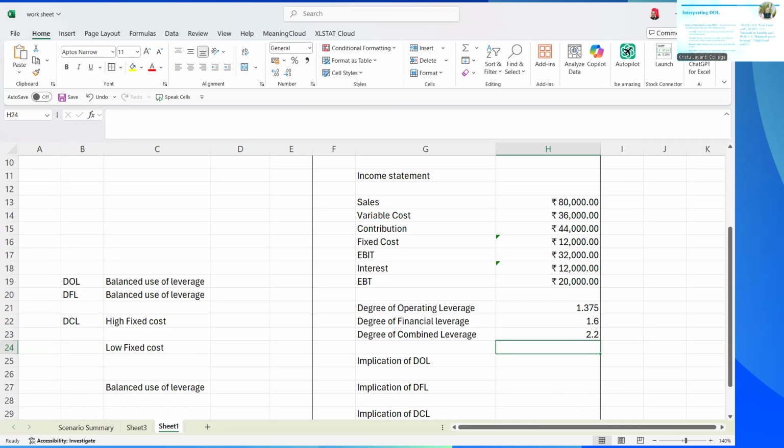Here, I mentioned the nested IF function. Yeah, that is the H21. That is, if H21 is less than 0.9. Why I mentioned 0.1 means that is around 1, we have to take decision. So less than 0.9, the fixed cost is low. The decision it should come, fixed cost is low. If